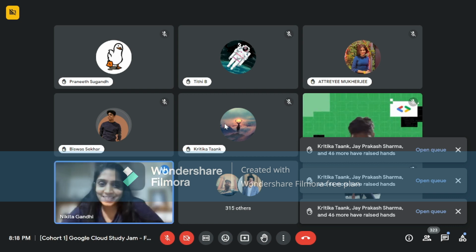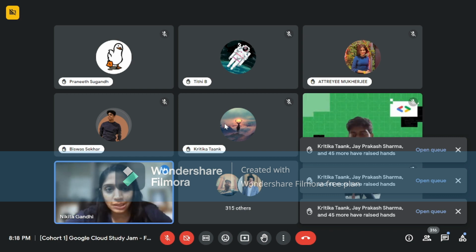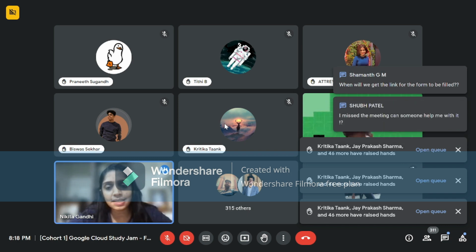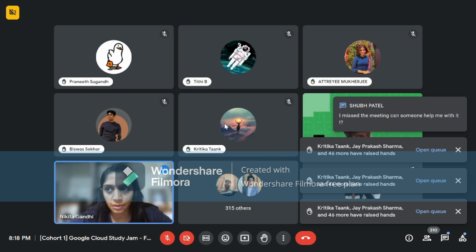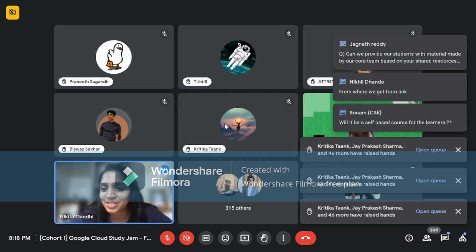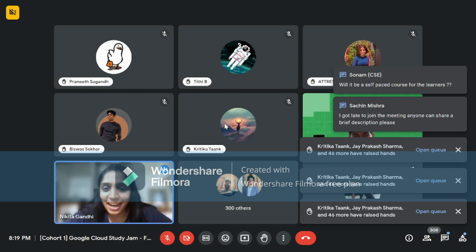I don't know why it is so complicated for all of you. In the form, at two places, your email ID is asked. First, while you are starting to fill the form, it confirms your email address. There, you provide the one on behalf of whom you're filling the form. Again, it asks for the email ID that is linked with the Google Cloud Skill Boost account. Again, provide the same email address that is linked to the Google Cloud Skill Boost account. Okay, great. You don't have to be that creative or worried.